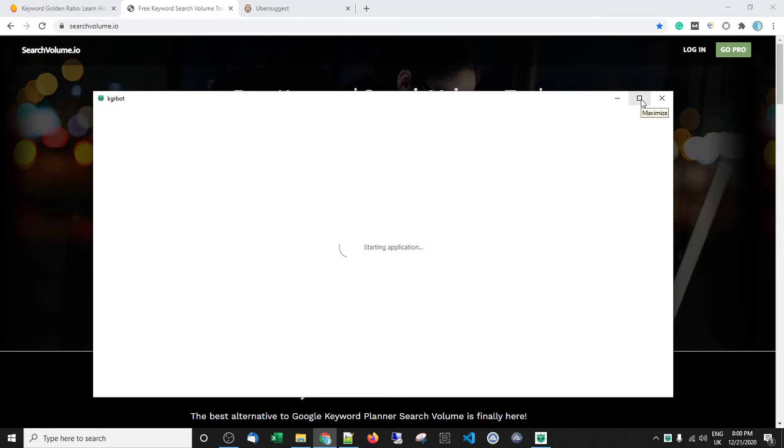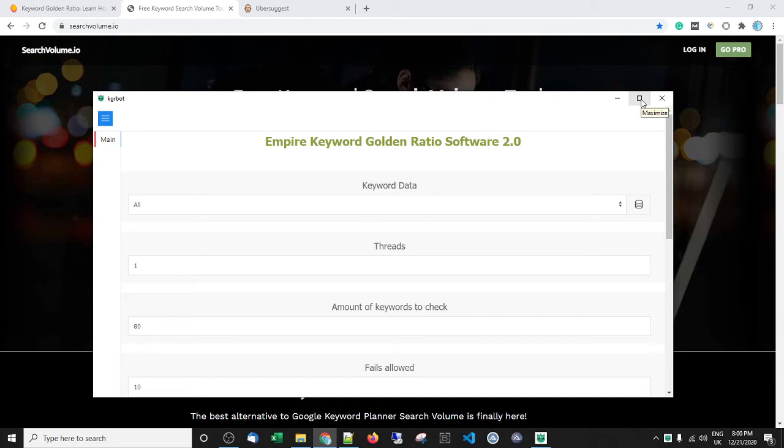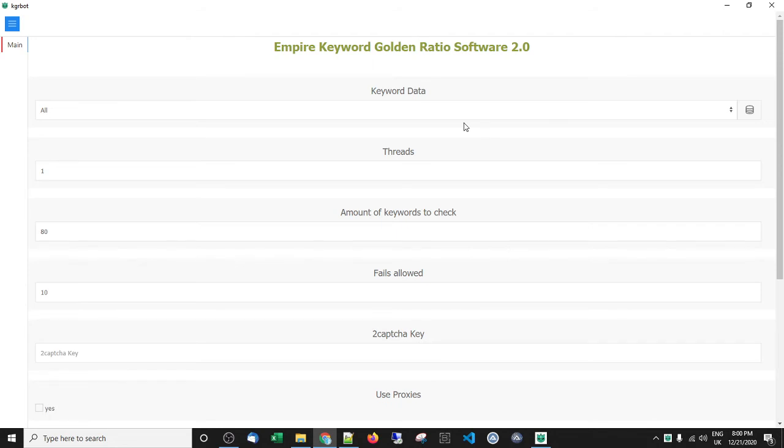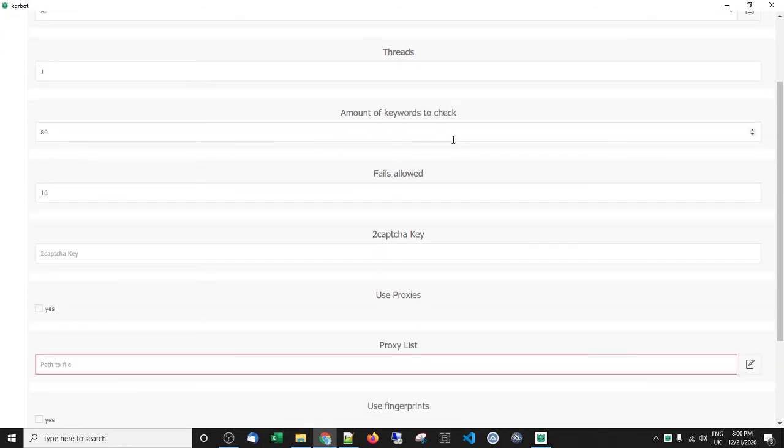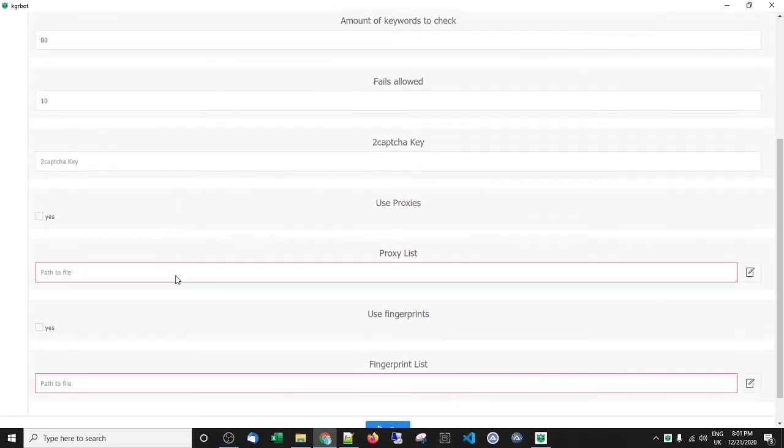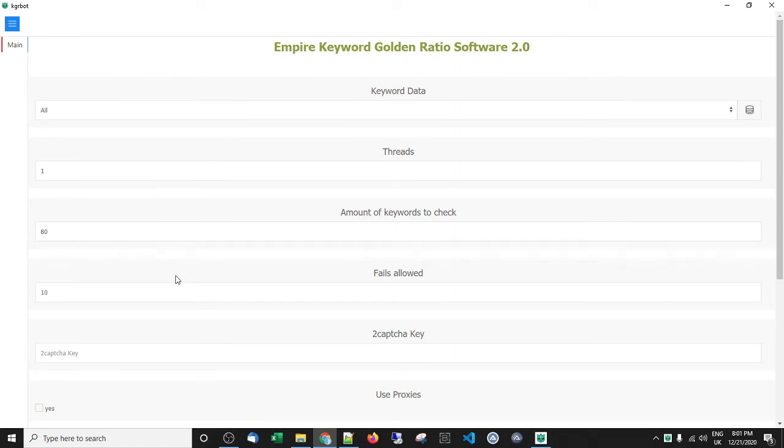You are able to keep it really simple and just use one thread, or get the score for one keyword at a time, one after the other, and that's all well and good. You can also expand on that if you have proxies that are talked about in the videos once you purchase the software. If you have proxies, you can run this on multiple threads, meaning the sky's the limit. You could run 10, 20, 30 threads. It's only limited by the power of your PC or your server. And you could check thousands of keywords potentially at a time.